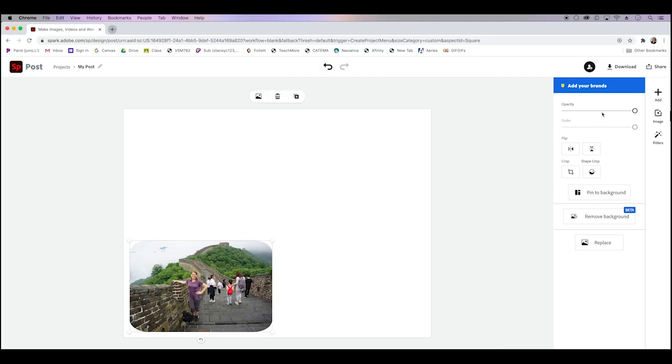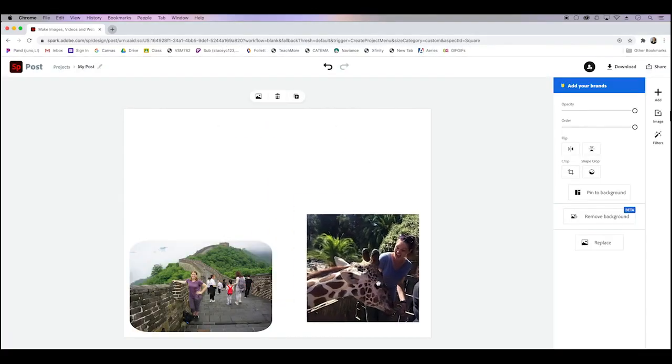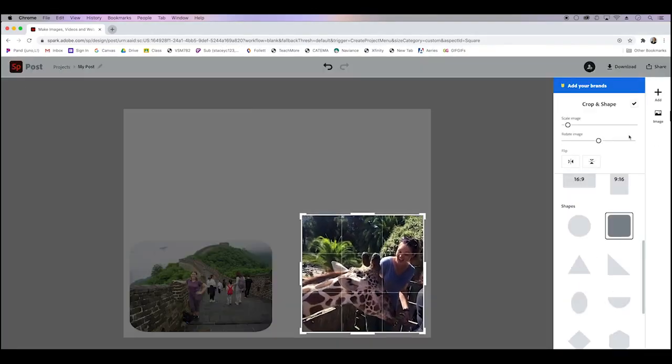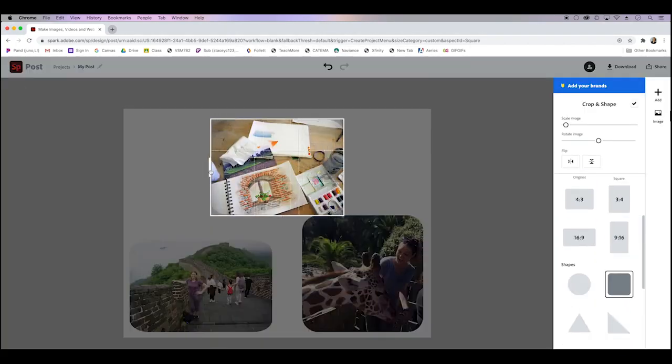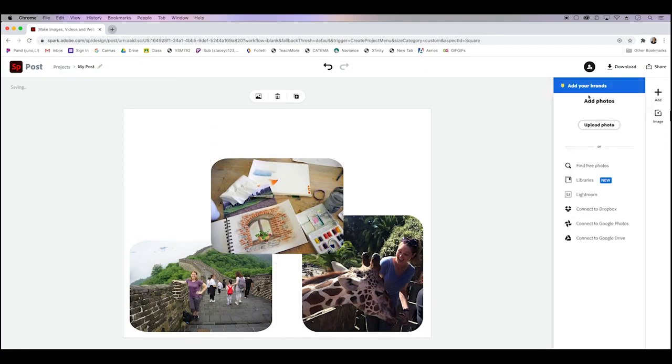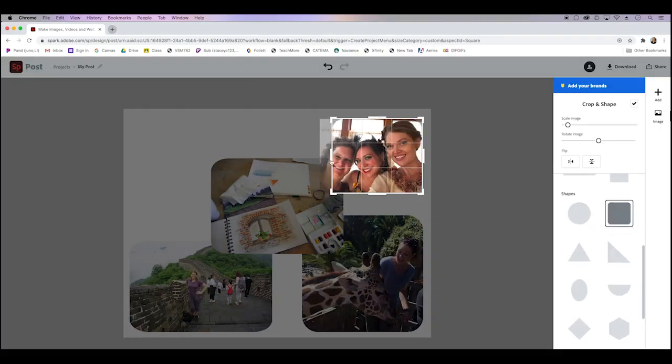I'm going to come back to the plus sign and upload more images, speeding this up since I know that it can take a bit of time to upload each, and I will apply that same rounded squared crop shape for some unity. Now, if you have people in one of your photos, make sure you have their permission before